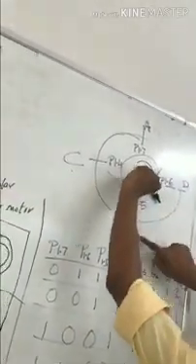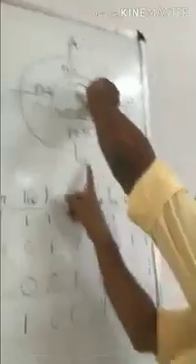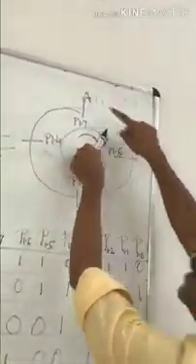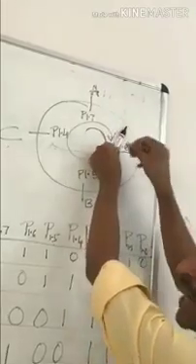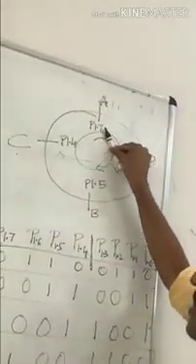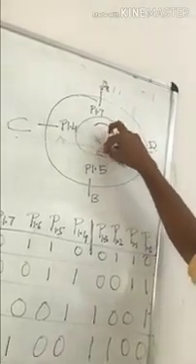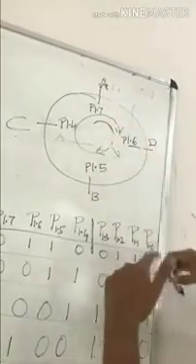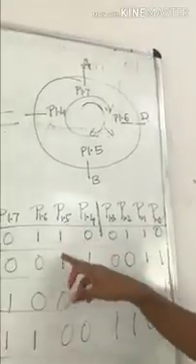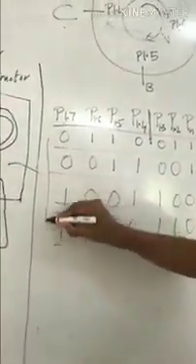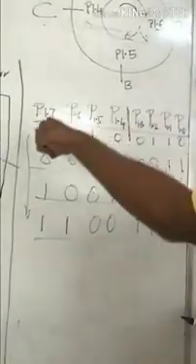After energizing B and D, I should not energize B and C. I should energize D and A. I should go in the opposite direction. Next, energize A and C. Next, energize C and B. Next, energize B and D. Means I should go exactly in the opposite direction. If this is the sequence flow that I give for the clockwise direction,